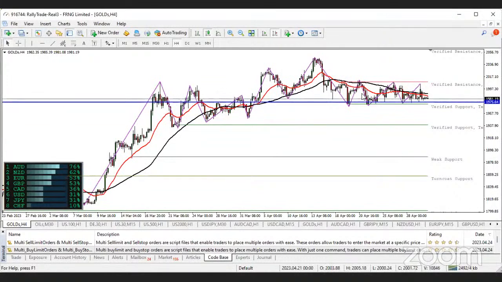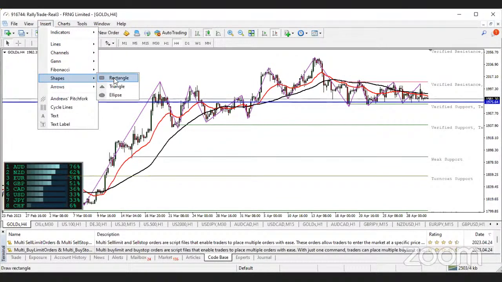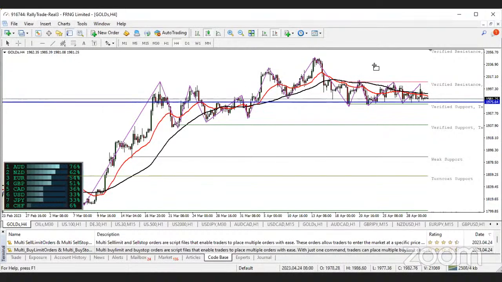You can see. So if you're looking at taking a buy for gold, then you should be looking forward to a breakout. If the price can break above that verified resistance, then you can be looking forward to a buy from this particular point. Very, very clear. Except you may be a scalper, but if you're looking forward to a buy stop order or entering a clear buy, then wait for it to break above this verified resistance. Look forward to it breaking above that verified resistance, not a fake breakout, a clear breakout.